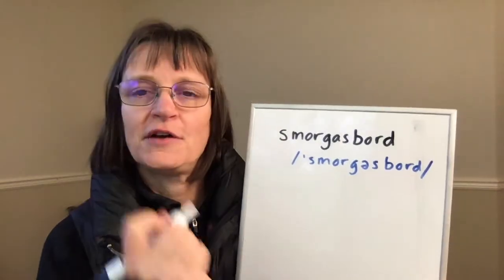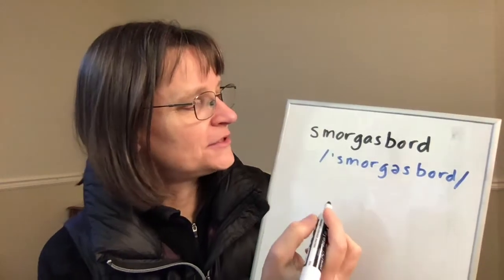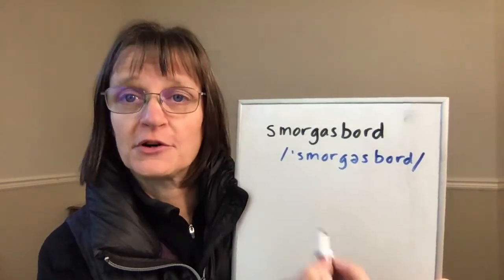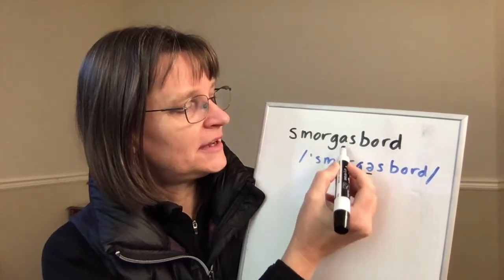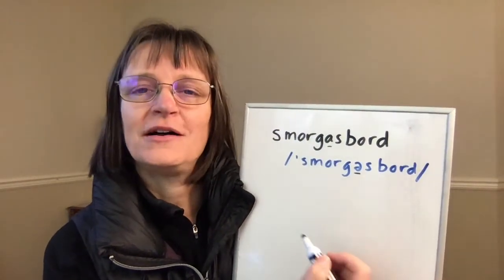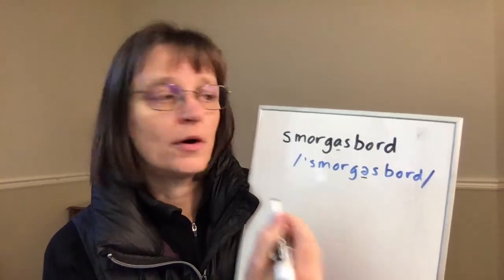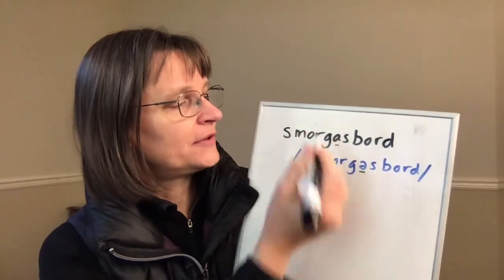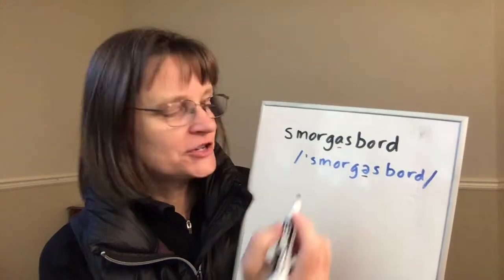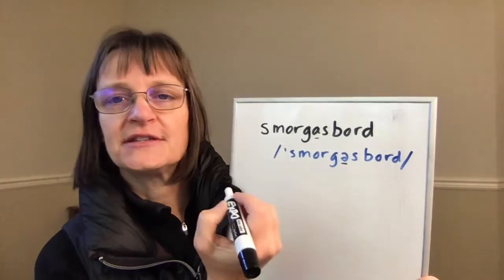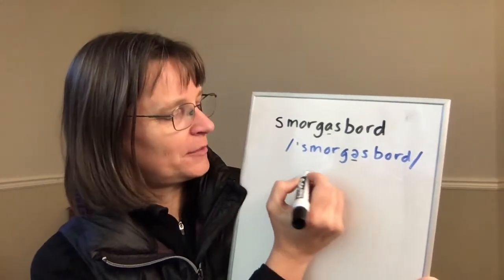In Swedish, you have a sound, you write a letter for it. In English, not so much. But we do have this word smorgasbord in English, and the difference is here in this letter A, we say that as a schwa, because it's unstressed. In Swedish, I think it's more like smorgasbord, and they have some umlaut symbols there, but we'll look at the American pronunciation. So in American English, it sounds like s'more, which is actually another word that we use